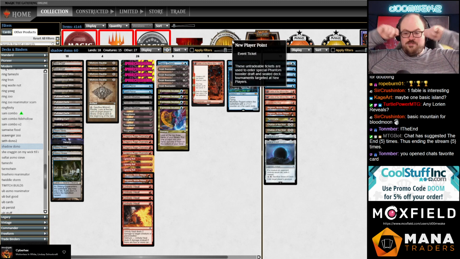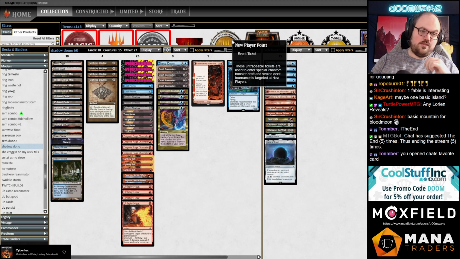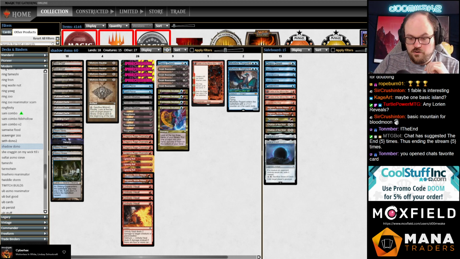Open chat's favorite card. Oh, the end. Yeah. Any Lorien revealed? With 2 Murktide, I don't know if you need